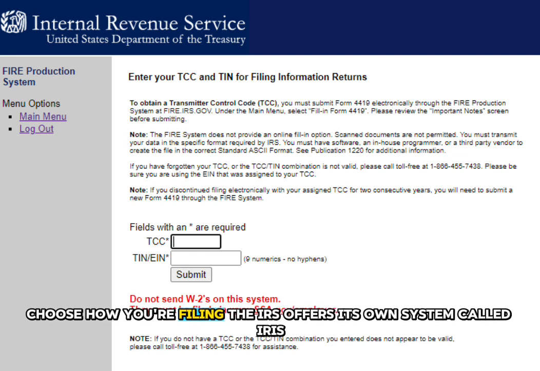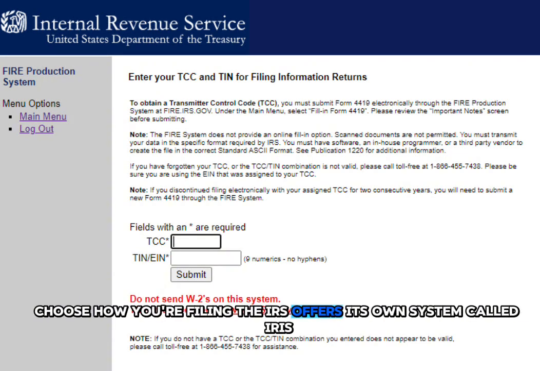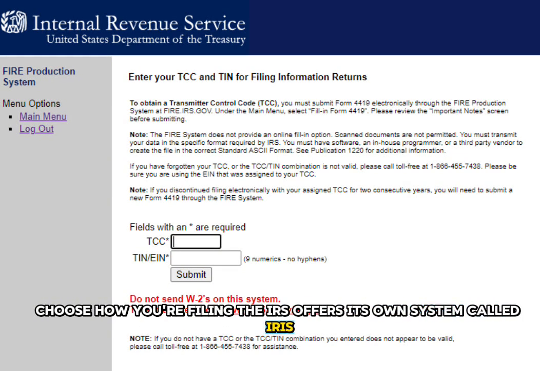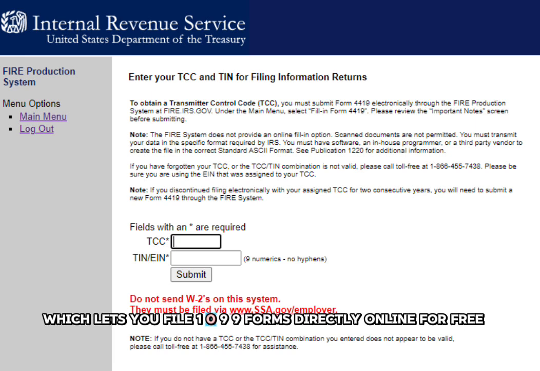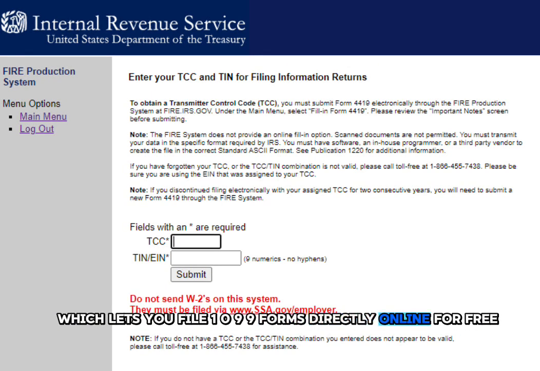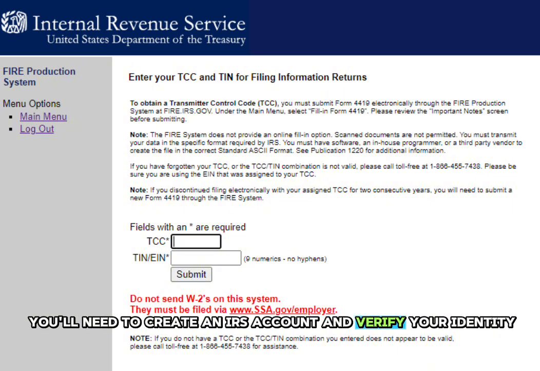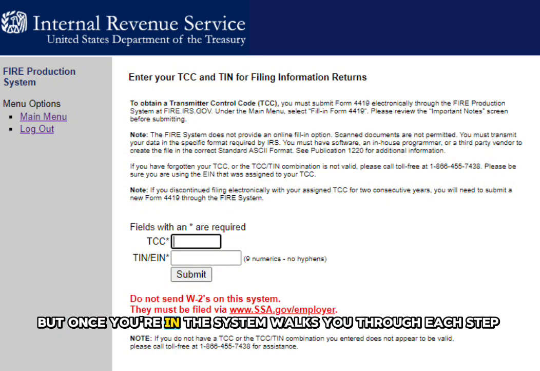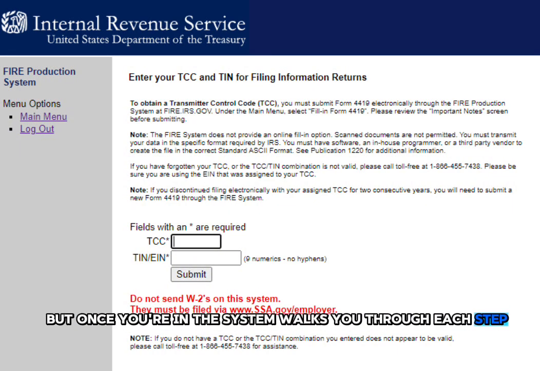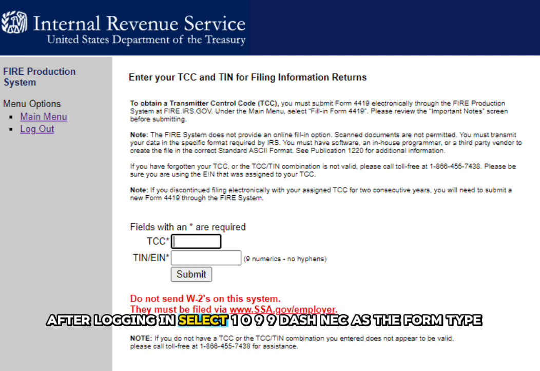Next, choose how you're filing. The IRS offers its own system called IRS, which lets you file 1099 forms directly online for free. You'll need to create an IRS account and verify your identity, but once you're in, the system walks you through each step. After logging in, select